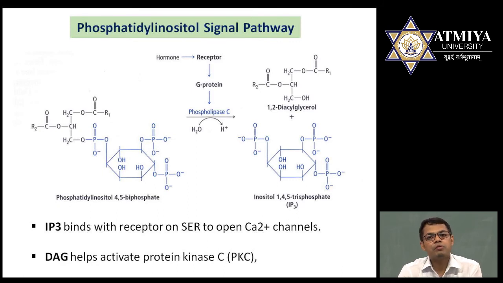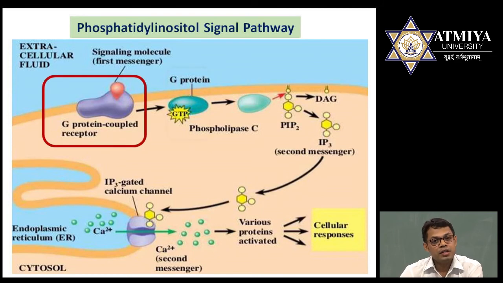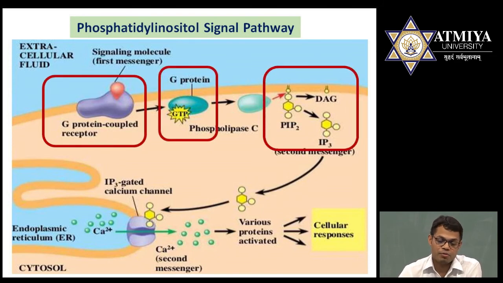This PIP2 is converted into IP3 and DAG, where IP3 is also known as inositol triphosphate, and DAG is considered as diacylglycerol. What is going to happen with the IP3 and DAG, I will explain in this diagram. You can see the diagram. Initially the G protein coupled receptor is activated, the G protein is activated, and it activates phospholipase C. PLC will break down this PIP2 into IP3 and DAG. Now DAG is membrane associated, so DAG will remain present, located on the membrane,